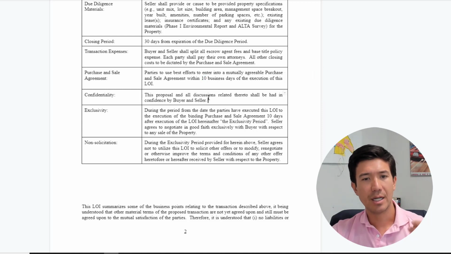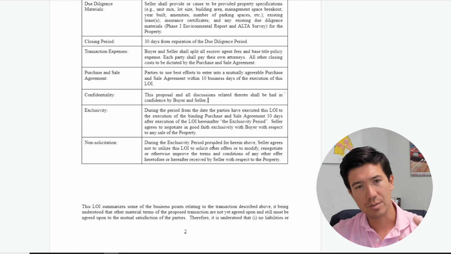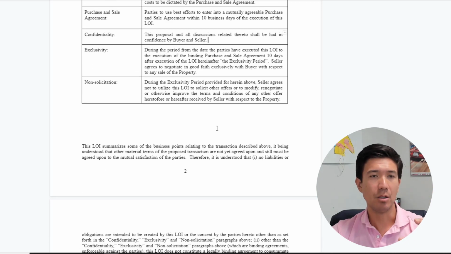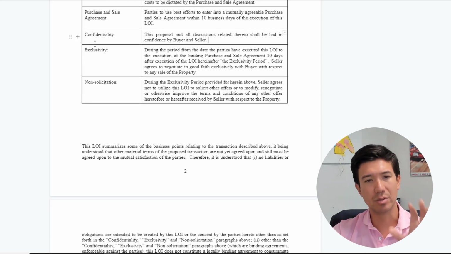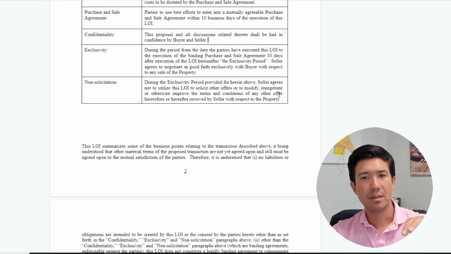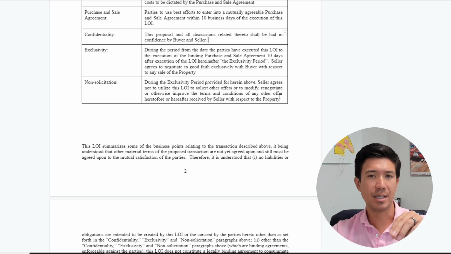Confidentiality, exclusivity, non-solicitation. Are these enforceable? Those are really great questions about an LOI. And I think here, my point is this is a non-binding LOI. So to the extent that these are legally enforceable, it's not a great argument. However, it is a small world in commercial real estate, and you should really respect these clauses if the other party is expecting it,